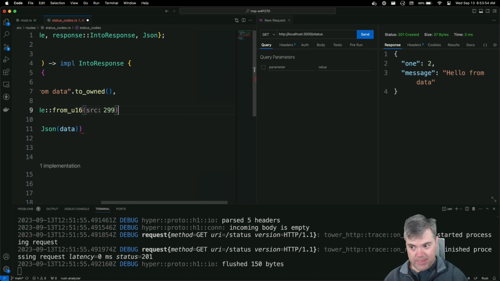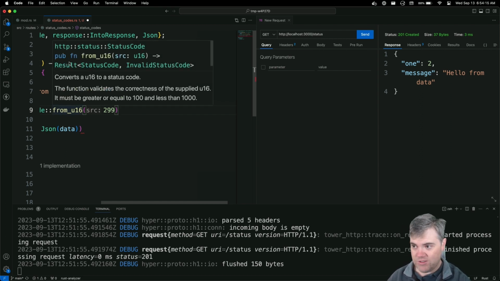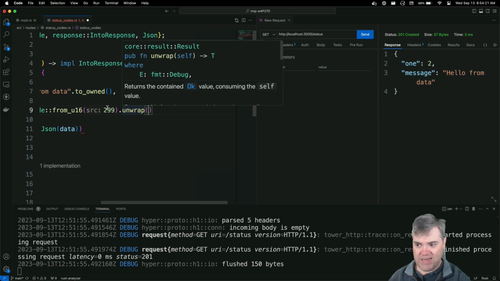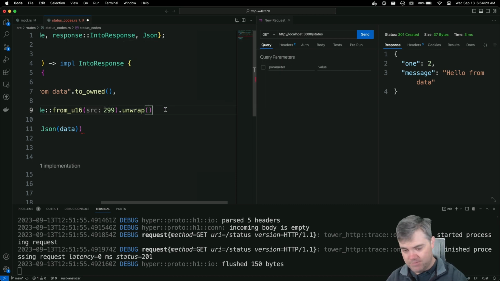Now, a u16 can go a little bit higher than 999, which is legally allowed, and if it's outside that range, it has to fail, which of course would be an error. It doesn't want to panic, so it returns a Result for us. So in this case, I'm just going to go ahead and unwrap this. We know that this is 299, so it cannot fail.